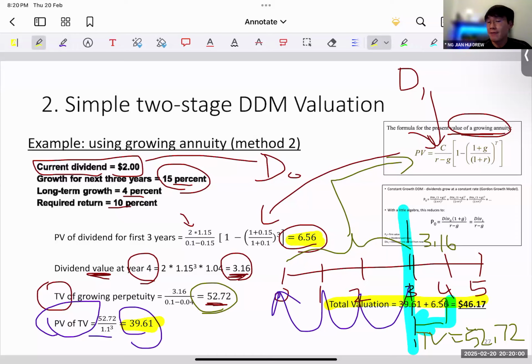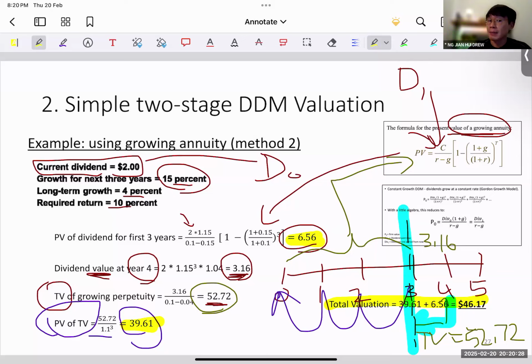This, of course, is a very fast method, if you notice. And at the same time also, in a situation where you do not have Excel, for example, for those who are interested to do the CFA, this method will be the best method to solve your question. Of course, in your ECA, your GBA, you can use whichever method. It doesn't really make too much difference. But for those of you who are interested to take your CFA, this method is important